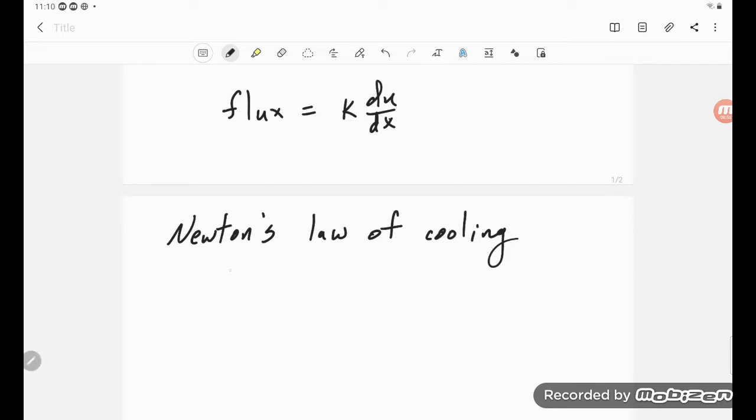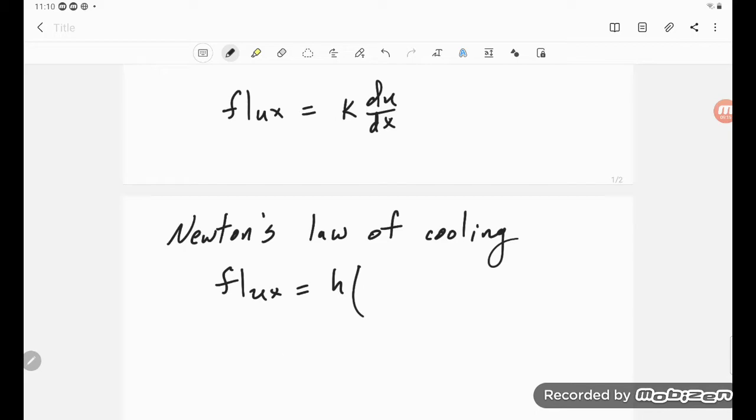So in that case, they would say the flux is proportional. And in this text, they are using an H, I guess. An H